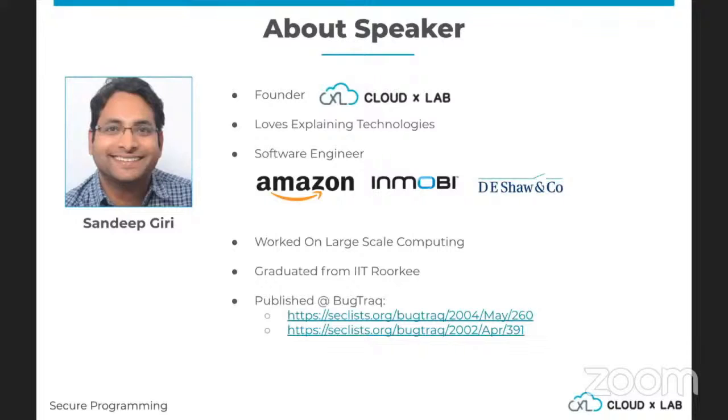At DE Shaw, I realized that a lot of engineers did not know how to write secure code because it wasn't part of their graduation degrees or any academic discipline. Though people talked about firewalls and encryption, writing secure code was not on people's agenda.